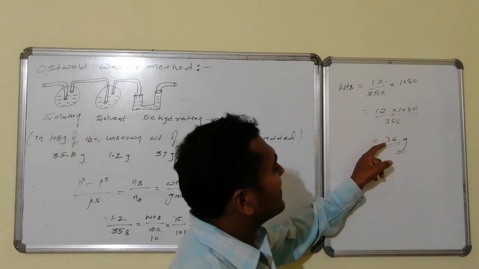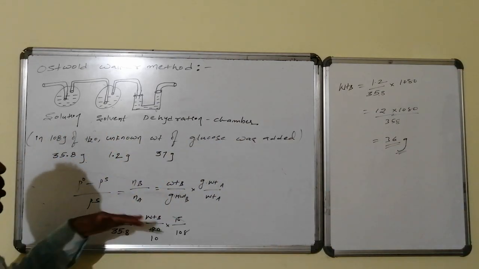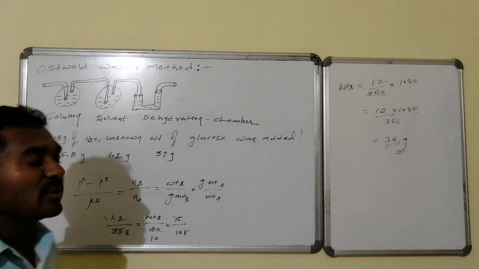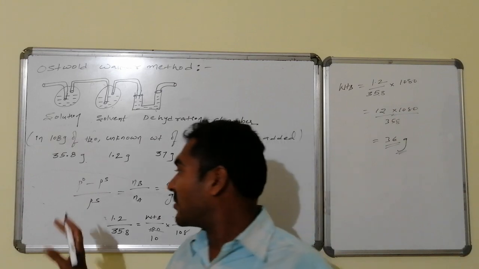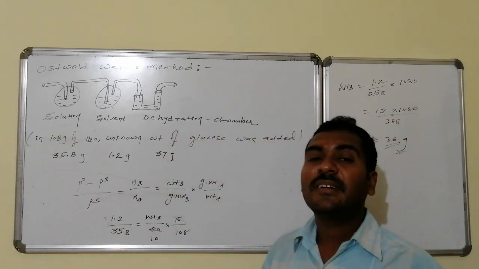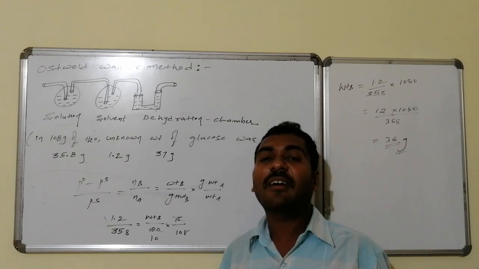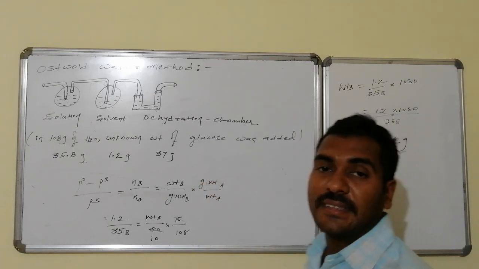If it is 36 grams of glucose, then the corresponding mole fraction, relative lowering in vapor pressure is observed, and that in proportion is found to be equal to 1.2. Thus, the weight of non-volatile non-electrolyte added should become equal to how much here? 36 grams.